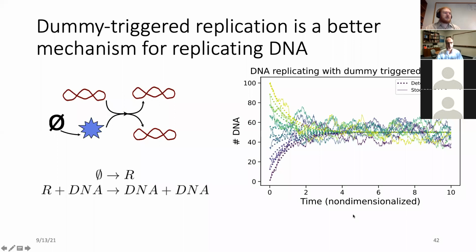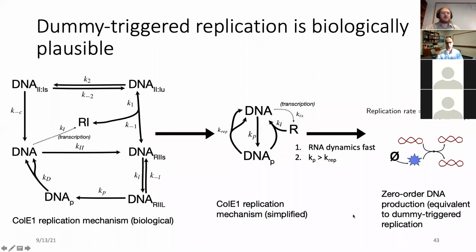Now, I don't have time to go through the details, but I'm going to claim that this isn't just a nice, convenient hack that kind of works, but there's actually some biological plausibility to this dummy triggered replication model. All the way on the left, I'm showing a model description of the mechanism that the Col E1 plasmid uses to replicate. And what I've shown in my thesis is that with a series of simplifications and with the right simplifying assumptions, you find that this system gives you a replication rate that looks like this. It's a combination of parameters that has no dependence on the amount of DNA present,